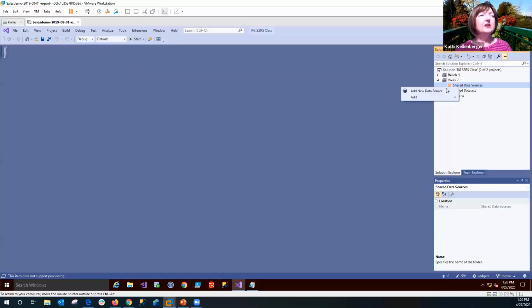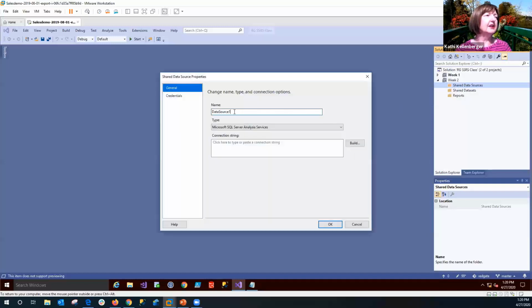I'm going to right click and say add new data source. And I'm going to give it a name. I like to give it the name of the database. So I'm going to call it AdventureWorks 2017. At this point, you could click build or you could type in the connection string if you would like. One thing to be really careful of,